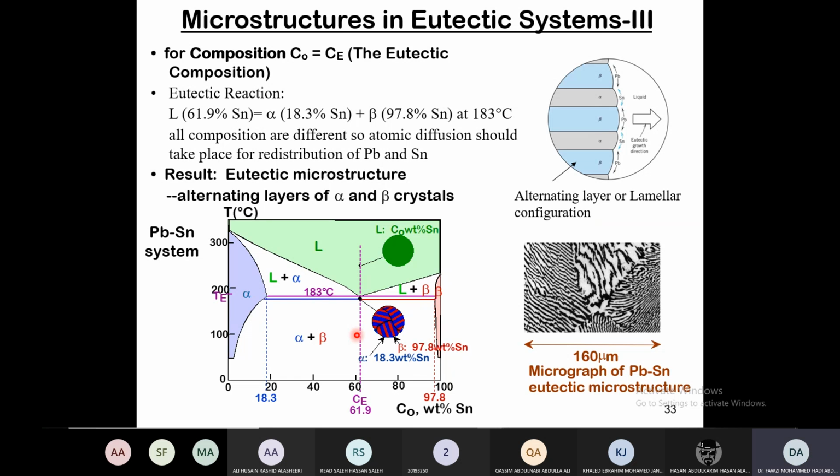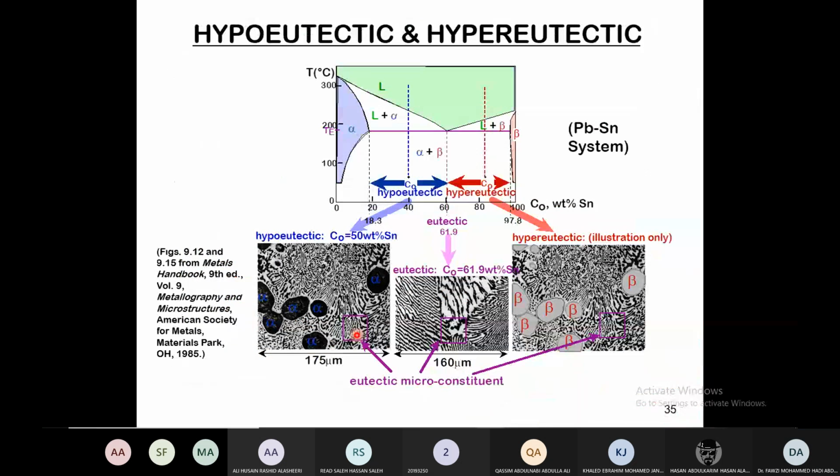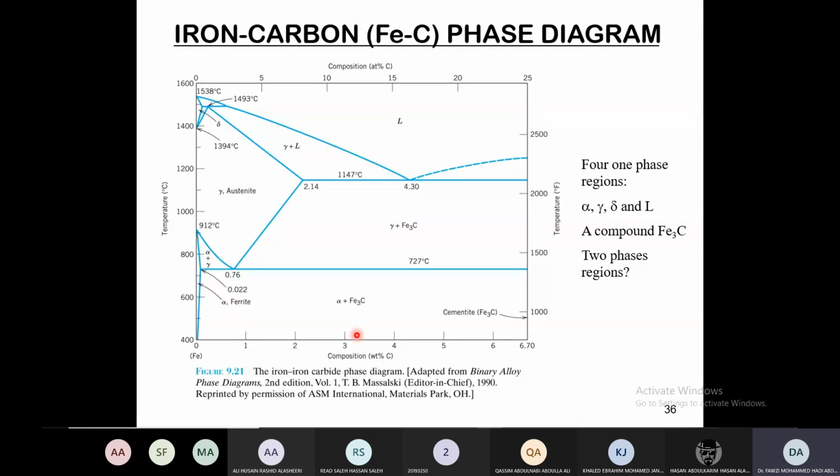Okay? Now, let us look at the last and the most important phase diagram. This is the iron-carbon phase diagram, also referred to as the iron carbide phase diagram. This phase diagram is, as I said, the most important phase diagram because basically the ferrous alloys